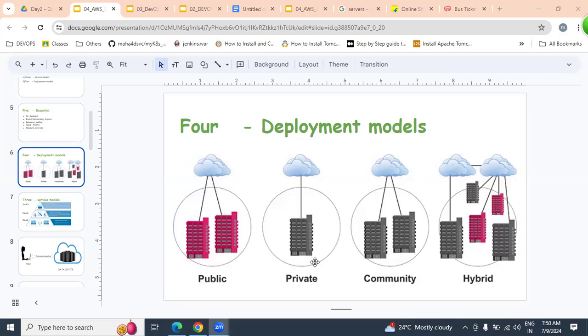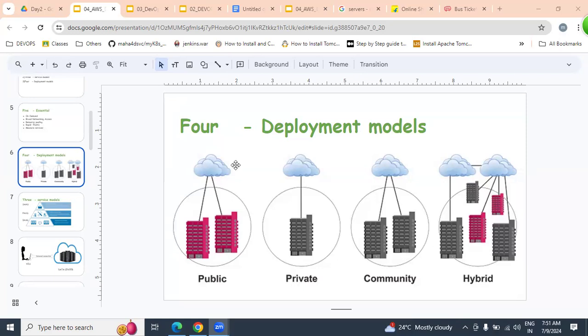But community is nothing but private; both are the same. Compared to private, community is more secure. It is a special-purpose design, for organizations like NASA, ISRO, DRDO. Those people can come into this picture. Public means multiple websites placed together. Private means a dedicated application. Hybrid means a combination of public and private. Community means more secure than private. Those are exactly the four deployment models.